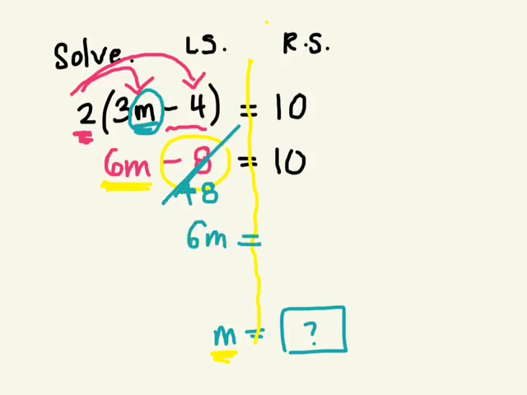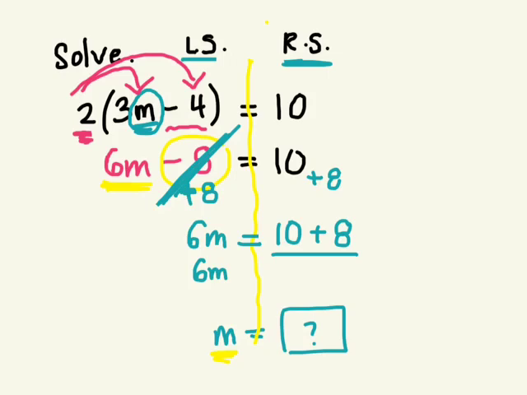But because I added 8 to the left side of the equation, what do I have to do to the right side? It has to be balanced. Whatever you do to one side, you have to do to the other side. So what do I have to do on the right side? Add 8. Okay, so we have, this is gone now. I got rid of my negative 8. So I have 6m equals 10 plus 8. What's 10 plus 8? 18. We can simplify this, right? So 6m equals